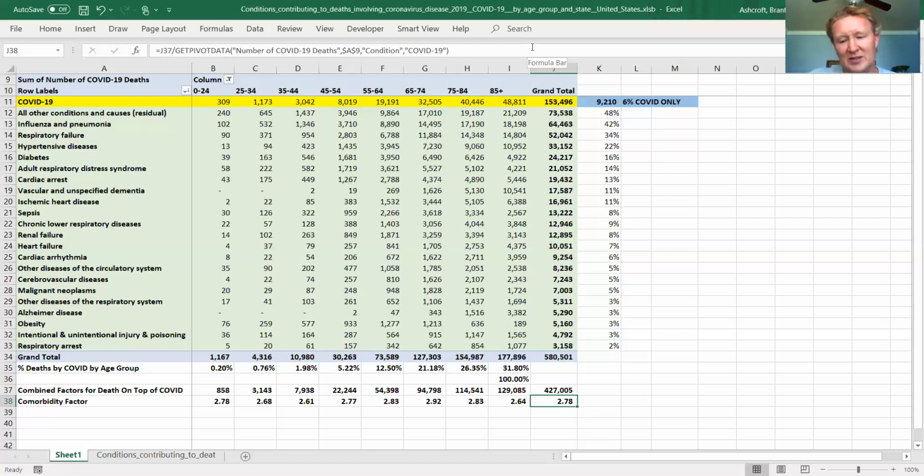So here's the thing I think is important: this data is available. Anybody can go get it. You can all do this analysis as long as you can put a pivot table together, which is probably not that common, but somebody could do it. I'd be glad to send this to anybody that wants to see it. They can do their own. The data is the data. There's no bias here. This is just the numbers. The numbers are the numbers. There's nothing political, nothing really biased about numbers. Then you just do the math and this is what you get.